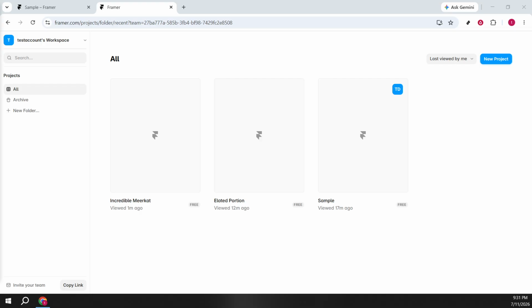First, open Framer in your browser and sign in if prompted. Once you're in, head to your project's dashboard. Find the project where you want the maintenance page to live and open it. It's a good idea to make sure you're working in the right project so the new page is created in